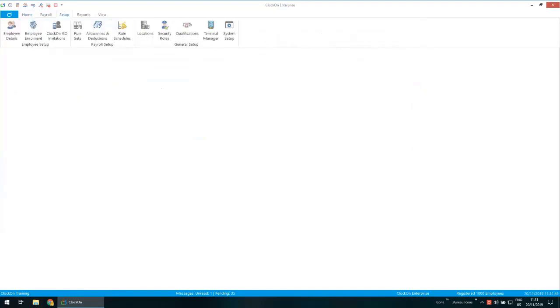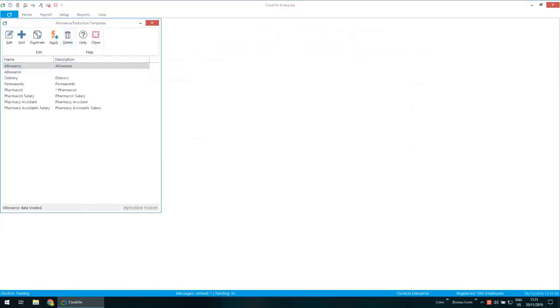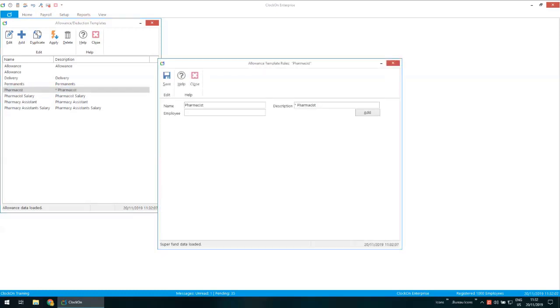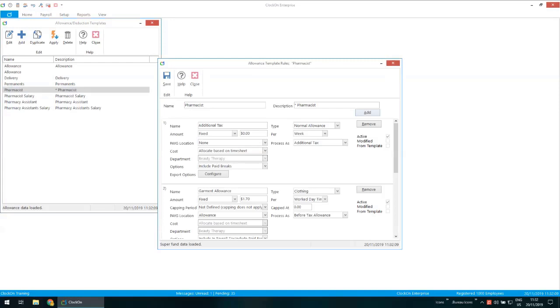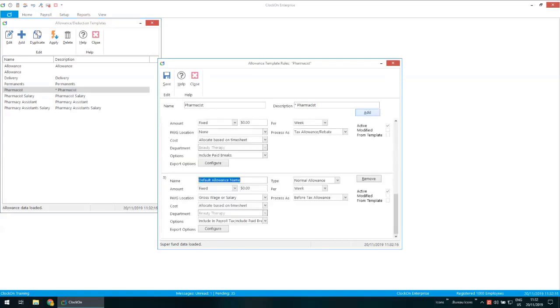And again, under setup, we'll come into the allowances and deduction section, and these are all of the templates. What I'm wanting to do is apply, say, a bonus to a group of employees that get a particular template in here. So I want to apply to, say, all of the pharmacists in this particular case. So I'll double click on this allowance template. Now we've got what they've currently got set up for them, and I need to add in a new one. So clicking on add,